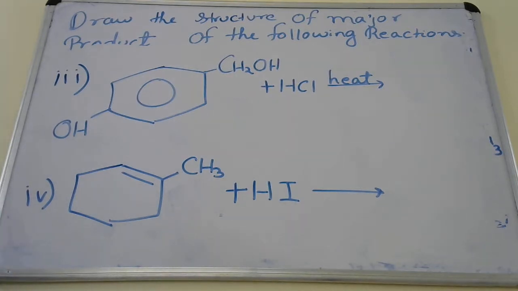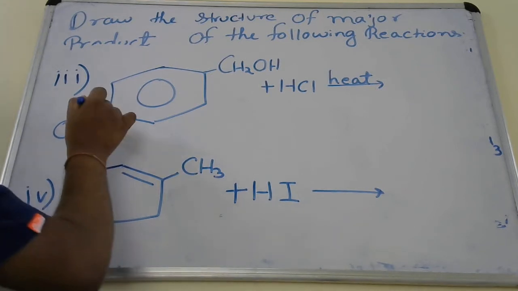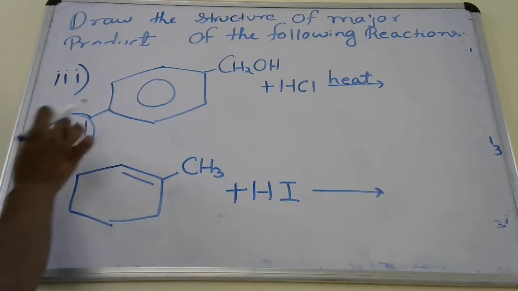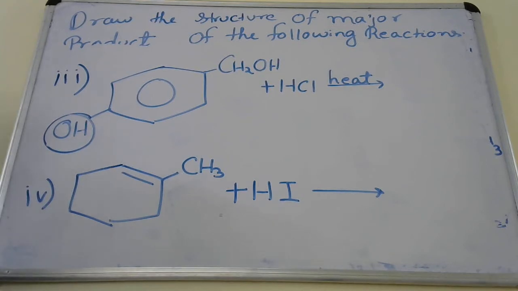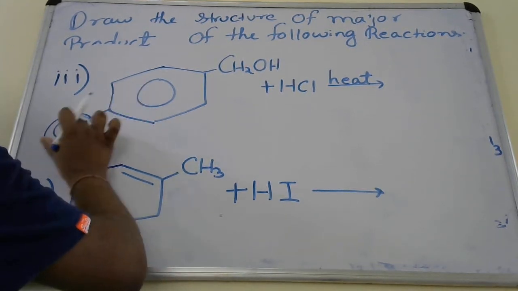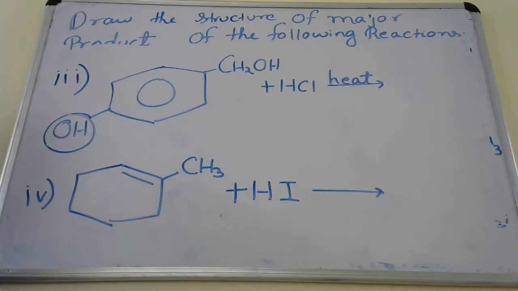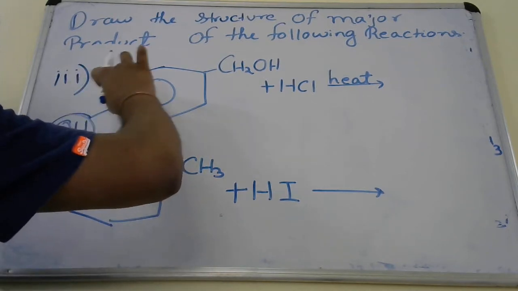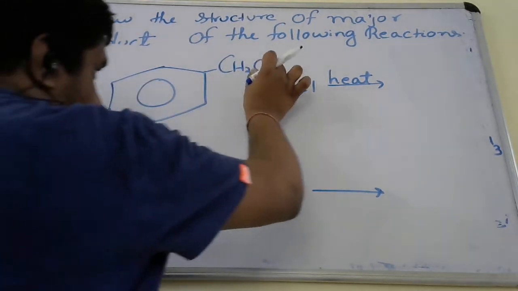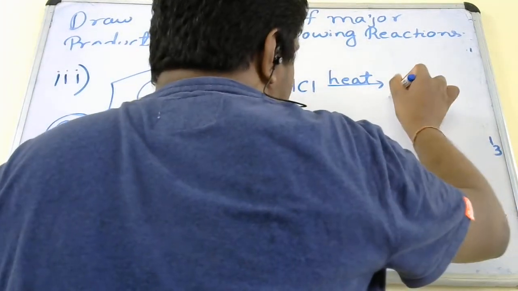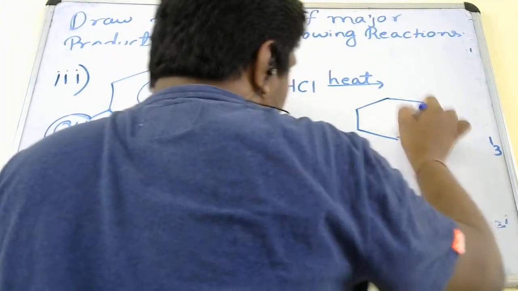Which one will be replaced? So remember, the OH attached directly to benzene cannot be replaced because it is a stronger bond. This OH and benzene will form a stronger bond. It will develop a double bond character. So this bond will become stronger, so the other OH will be replaced, and hence your answer will be,